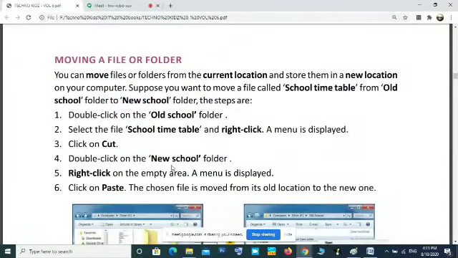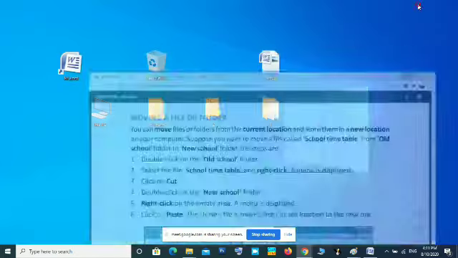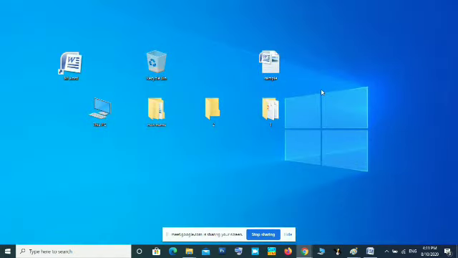Then moving a file or folder. Suppose after creating a file in one folder, you want to move to another folder. Okay, moving is take from one location and keep on another location. For that, we have to cut from one place and paste to another place, cut and paste. So where is your file? That folder or that place you open. For example, this sample file I want to move to folder 2. So I have to cut it.